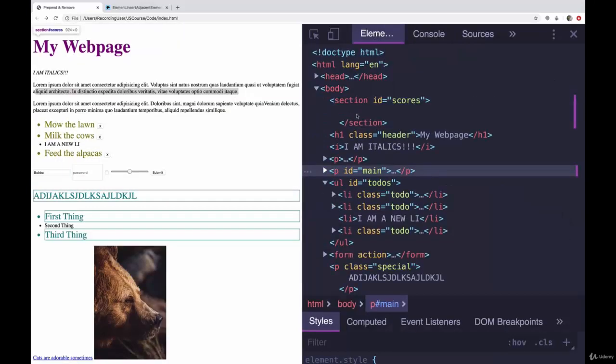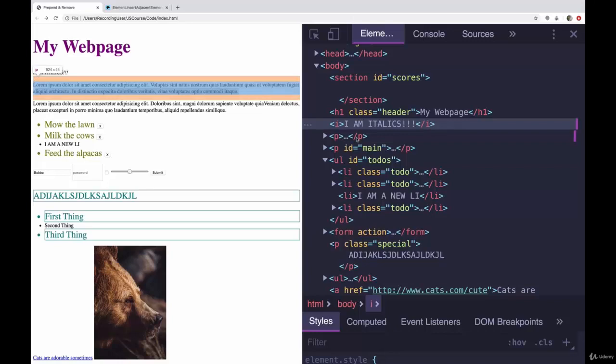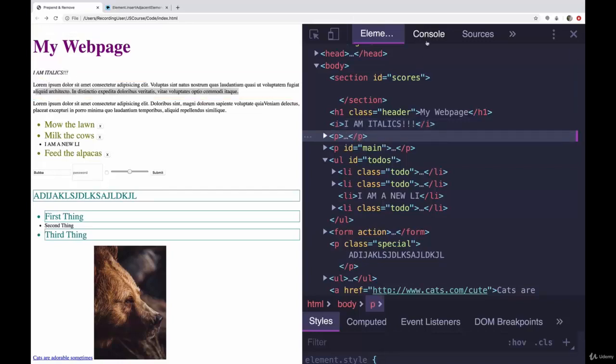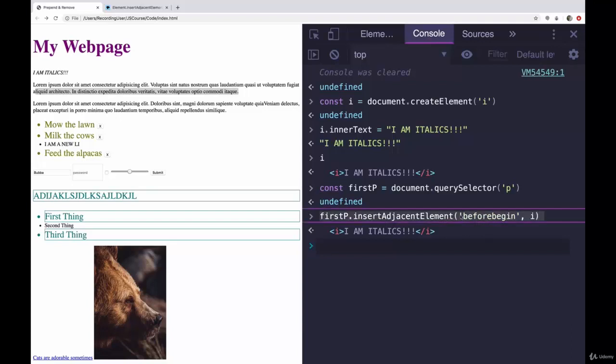And if we take a look, it was inserted before the paragraph began. So that's a way of inserting something before the paragraph. And I personally think this is nicer, even if you have to remember beforebegin. It's better than what we did earlier when we had to select the parent, insertBefore, the target, and then the new element. Let's try the same line, but we'll do